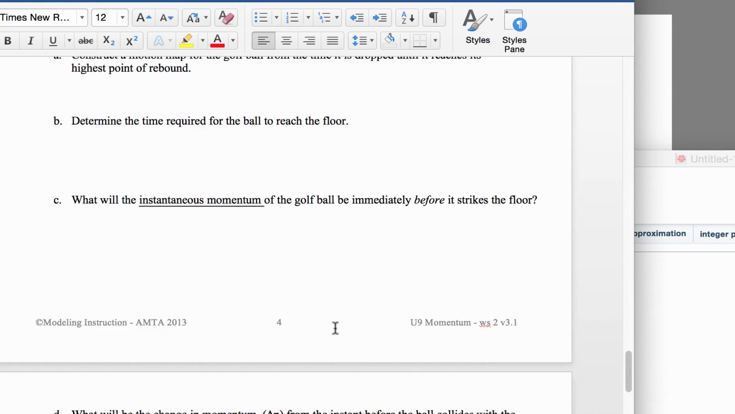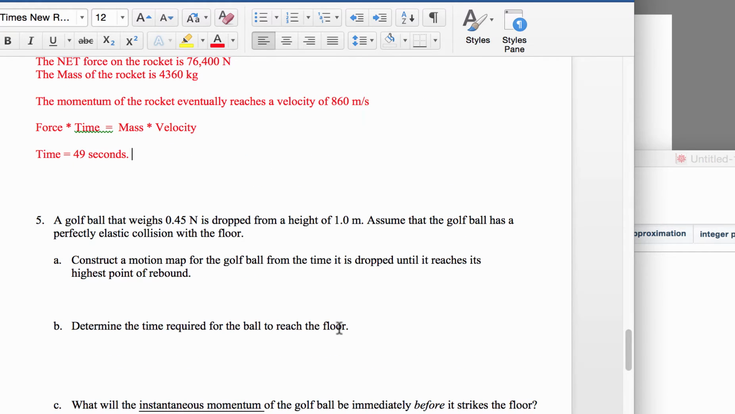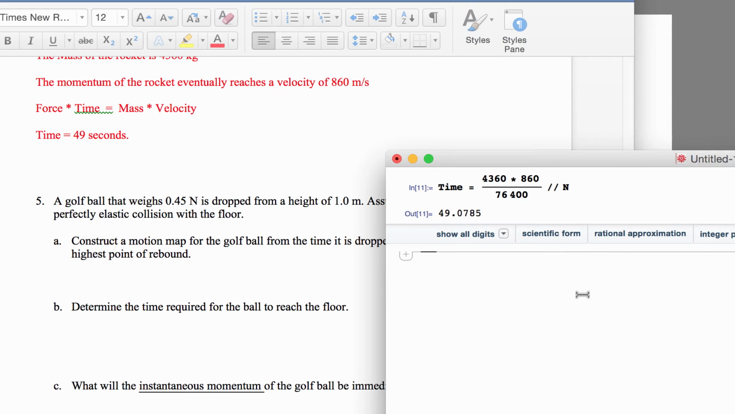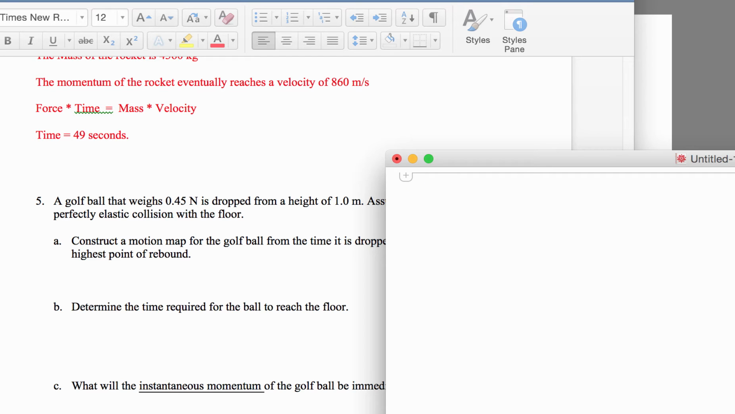Problem 5. Oh, 5 parts. My gosh. Golf ball that weighs 4.45 newtons. That means we can figure out the mass. Let's do that right away. Okay, weight again is mass times gravity. Gravity on Earth is 10. So if we take the